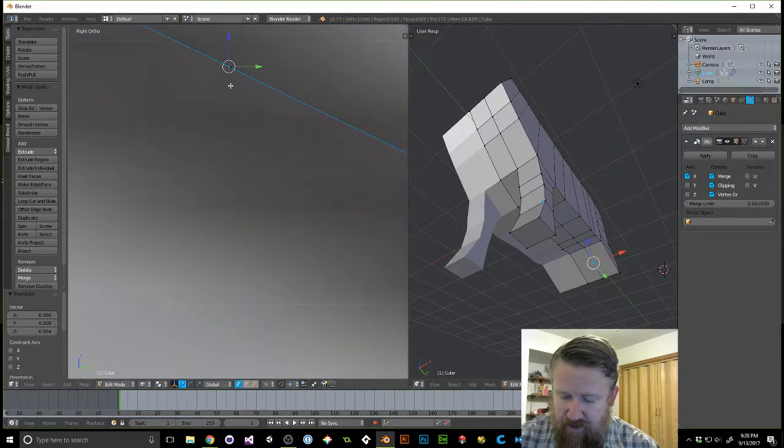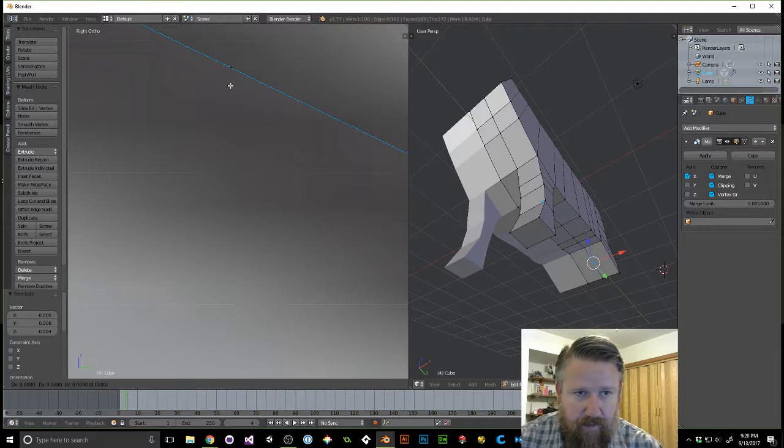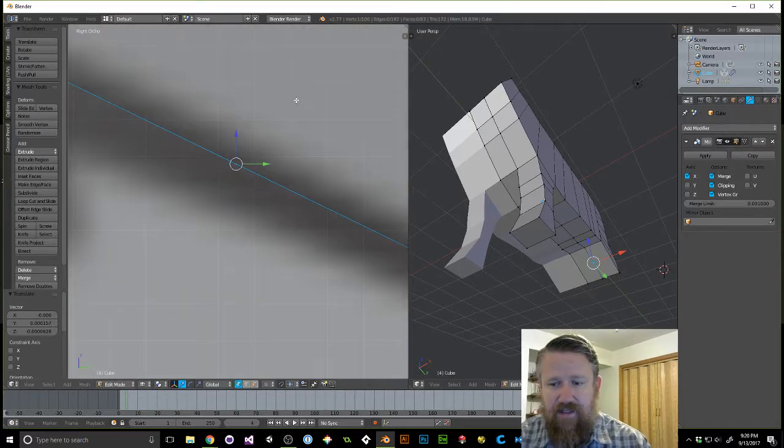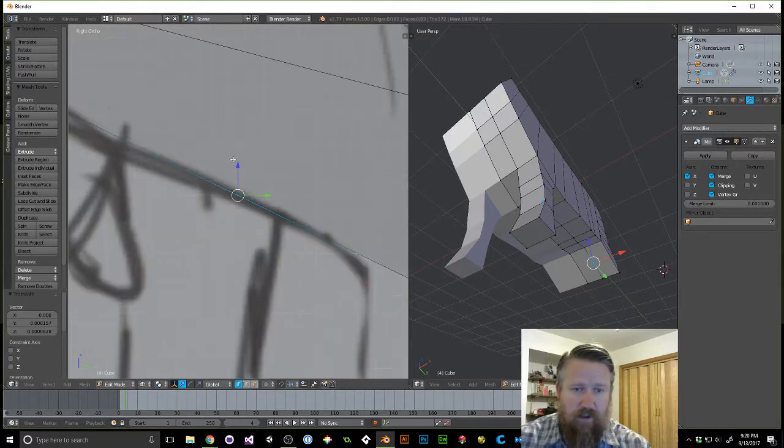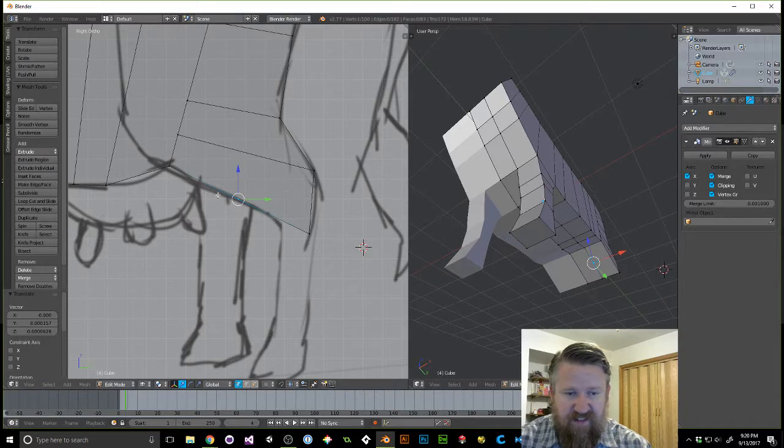I wonder if you could use arrow keys to nudge. Oh, you can. If you hit G and you use the arrow keys, you can nudge vertexes around and then enter to place it. Pretty cool. So, from the side view, that's definitely not in the right spot. But now, since they're on top of each other, I can use the box selection, grab them, stick it in the right